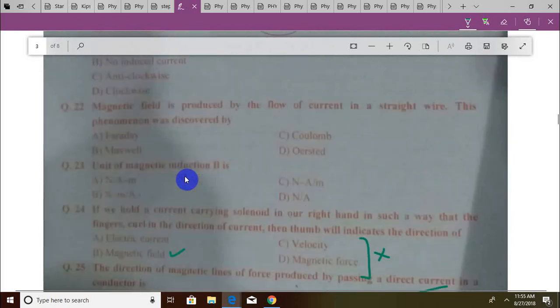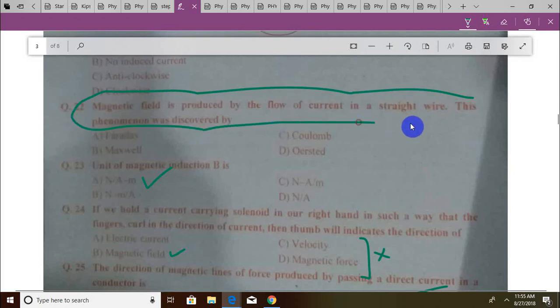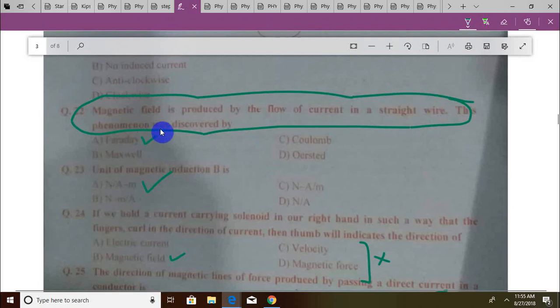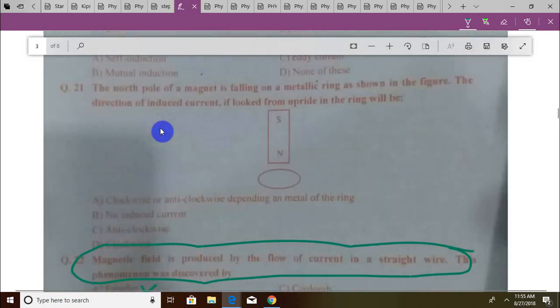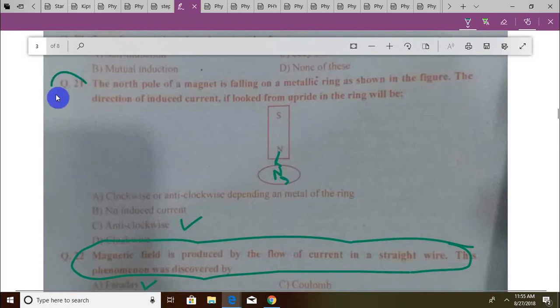मैग्नेटिक इंडक्शन B के बहुत सारे यूनिट्स हैं। B इज इक्वल टू F/IL, तो न्यूटन पर एम्पियर पर मीटर भी हो सकता है। ...is produced by the flow of current in a straight wire. इस फिनोमेना को किसने डिस्कवर किया था? आई थिंक फेराडे ने किया था, आई एम नॉट 100% श्योर। ये थोड़ा बहुत आपको याद होना चाहिए किसने क्या किया था। एज शोन, अगर आप ऊपर से देखेंगे तो ये नॉर्थ पोल बन रहा है, तो ये एंटी क्लॉकवाइज होना चाहिए। नीचे से देखेंगे तो आपको क्लॉकवाइज लगेगा। ये भी एक इम्पॉर्टेंट कॉन्सेप्ट है जो बार बार पूछा जाता है।